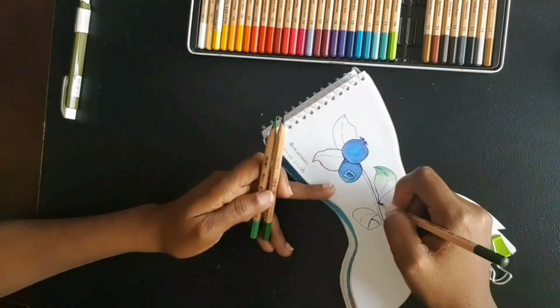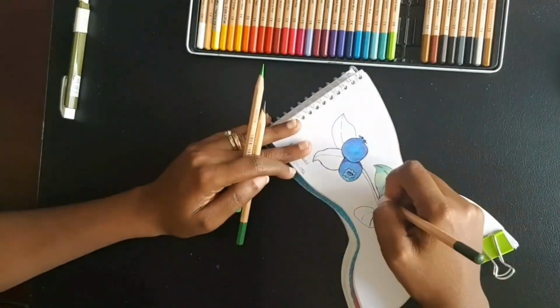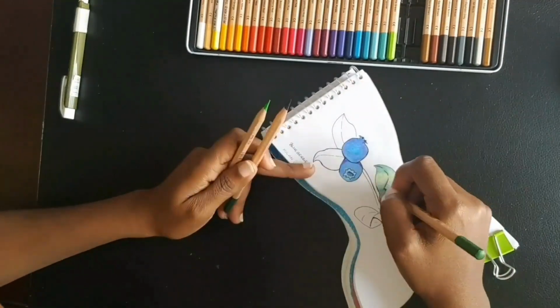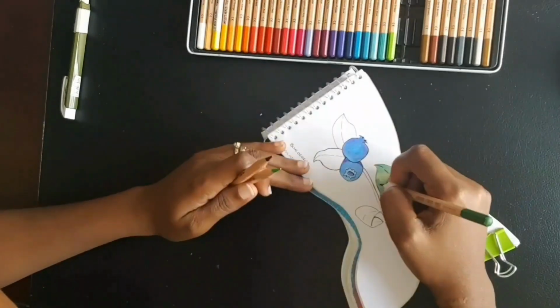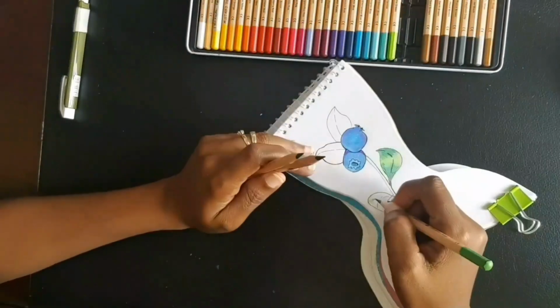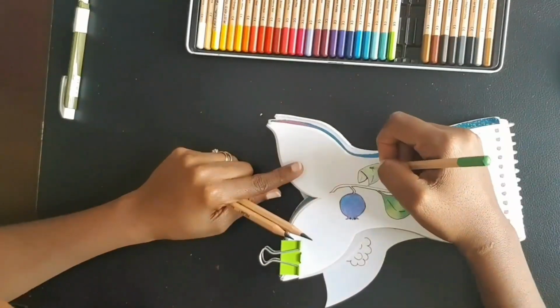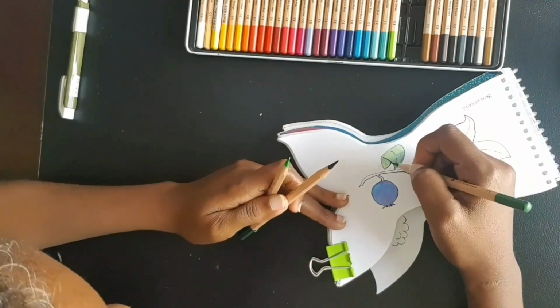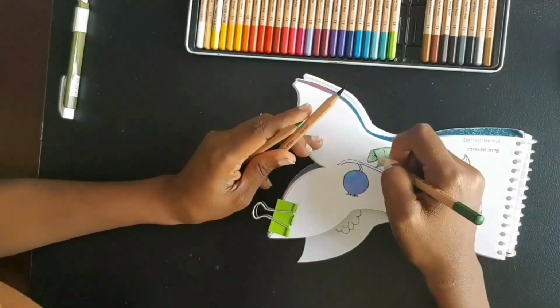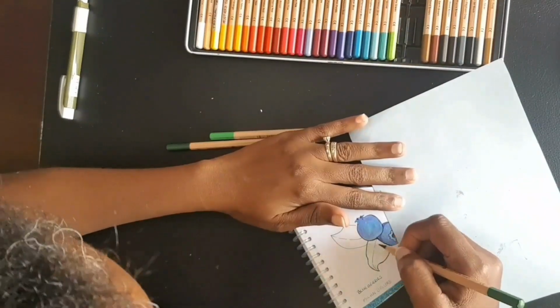It was the same thought process that went into coloring the leaves. I used 3 different colors, but again, I purposefully tried to think about highlights and shadows and to shade each of these leaves a little differently, using different color combinations. Even though I use the same colors for each leaf, I try to be very different in shading the leaves,